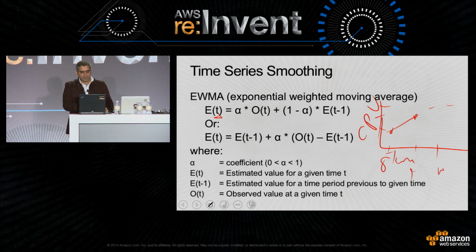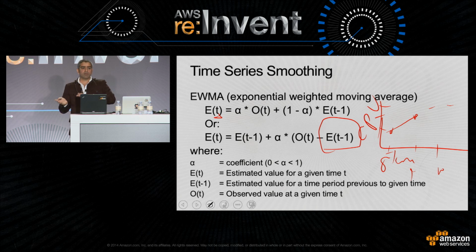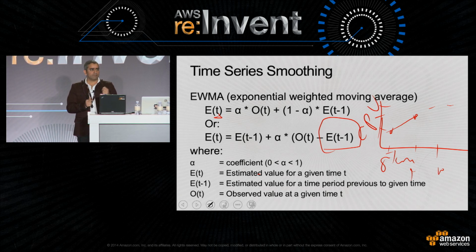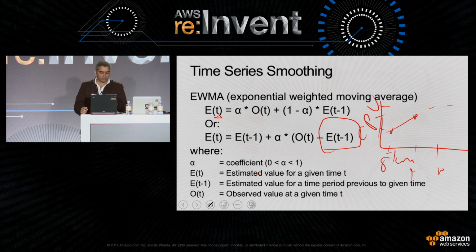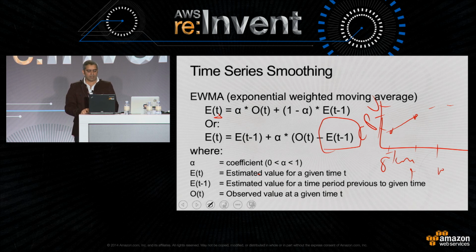So basically, in the first instance, this is a recursive method, as you can see. I'm using estimator of time minus 1, which means the one that I just predicted before this instance. I don't have that data yet, so this will be null in the beginning, which I can convert to 0. In the first prediction, I'll just have the first value multiplied by the alpha coefficient. If it is half, then I will just get the half value. Then I will substitute that, and I'll get the smoothened value going forward, right?